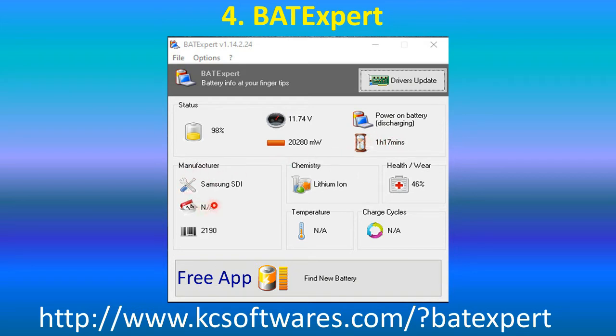It also shows the manufacturer of the battery with the name of the manufacturer, serial number, and the date, and chemistry of the battery, here shown lithium ion. The health or the wear of the battery is shown here. 46% is the health of this battery. It also indicates the temperature and charge cycles.